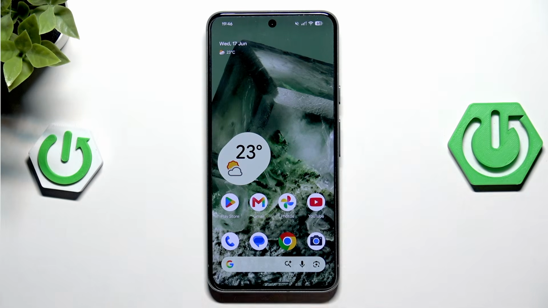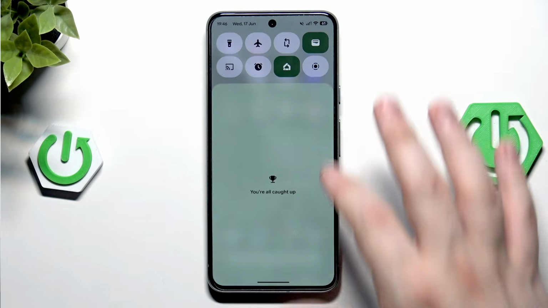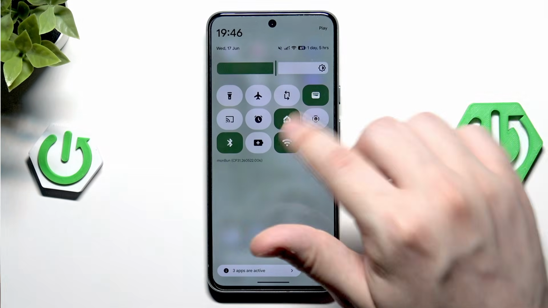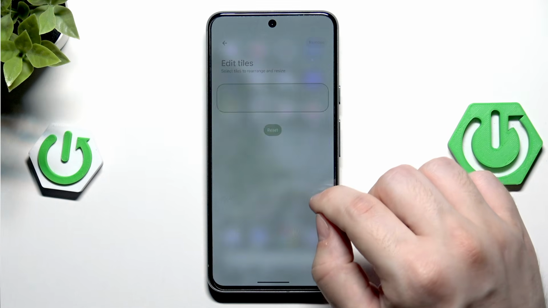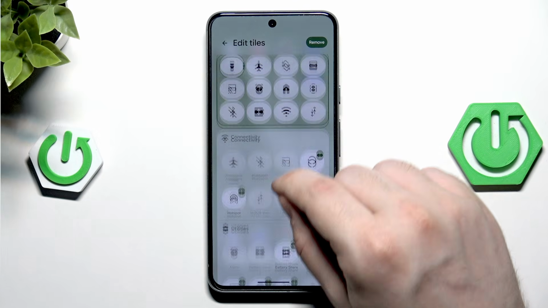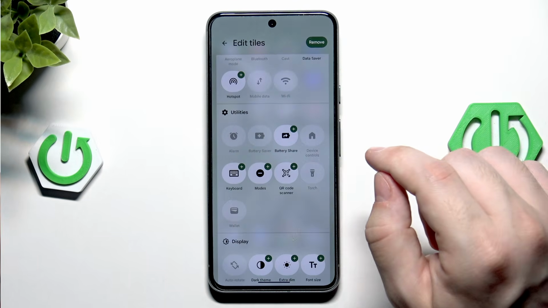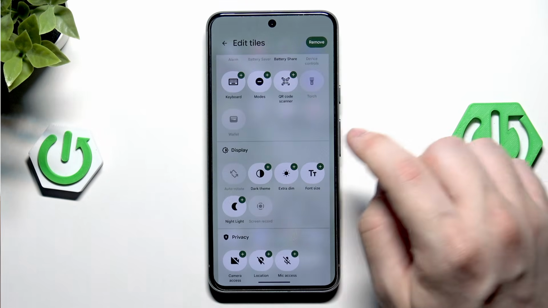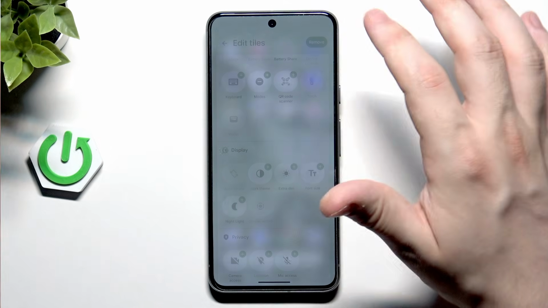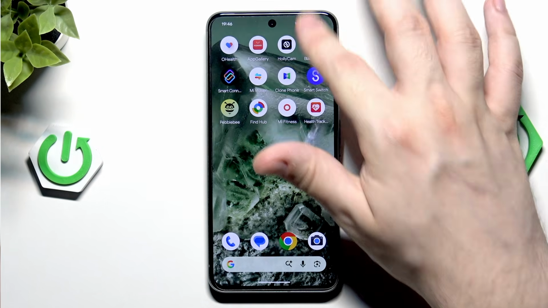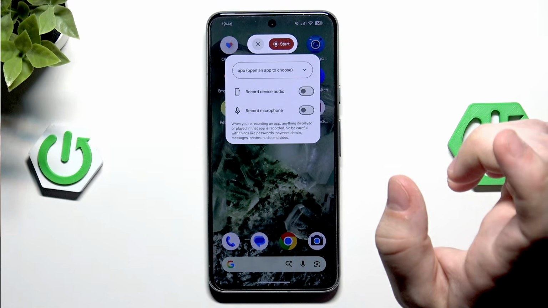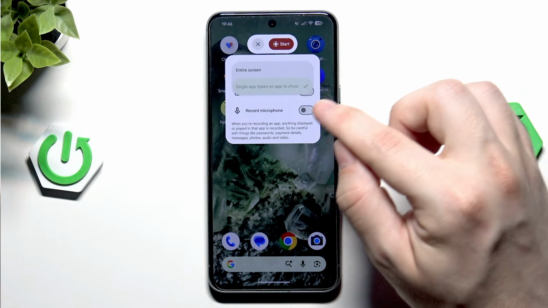Okay, next thing, maybe the improved screen recorder. To add it, open up your quick bar and then click the edit button. That's our screen recorder, this icon. If it's not in here, keep scrolling down until you find Display, and in here you just gotta add the screen recorder. Okay, now if you launch it, we can record a single app,